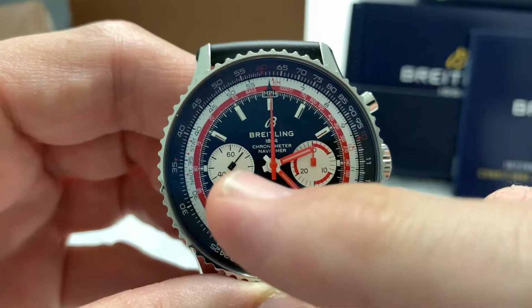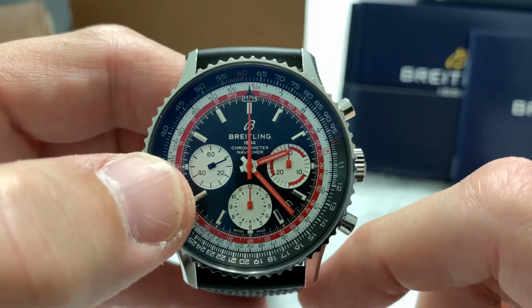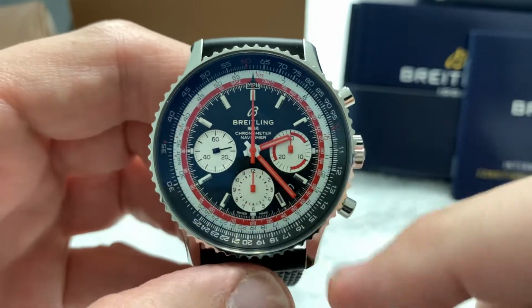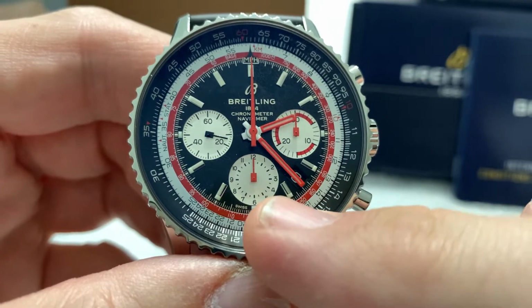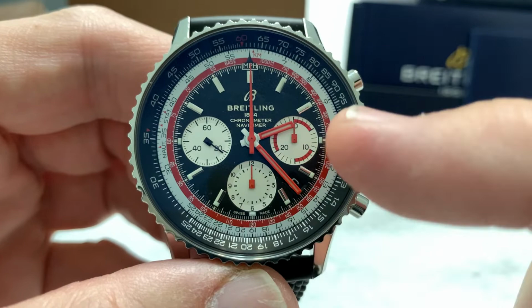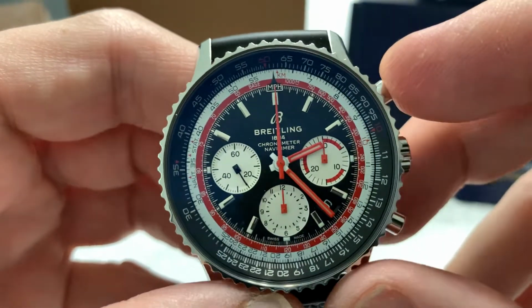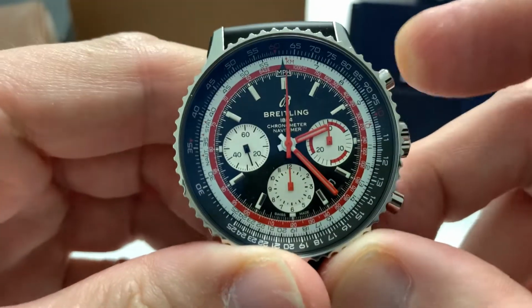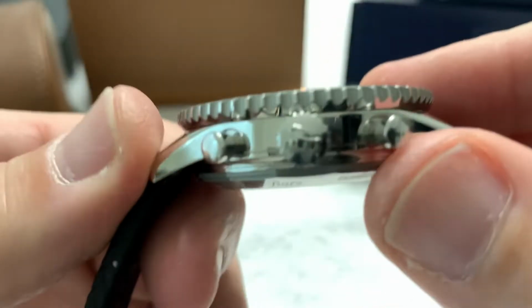By this subdial is, of course, as you can see, the running seconds hand, and the indicator is black, whereas you have the chronograph hour subdial and the chronograph minute subdial, where the hand is red, like the red second hand for the chronograph, which I will engage now so you can see it working. You have a signed crown with the